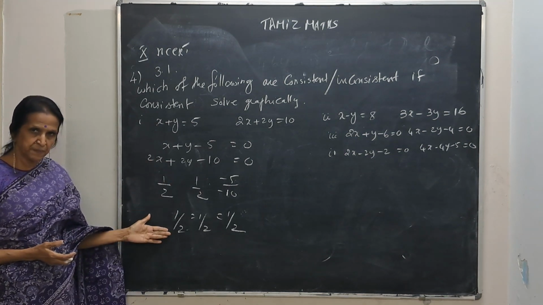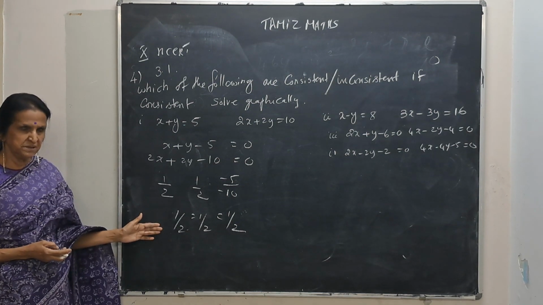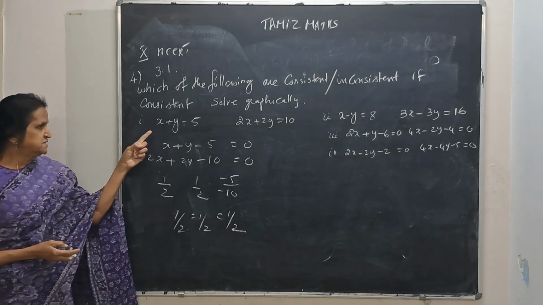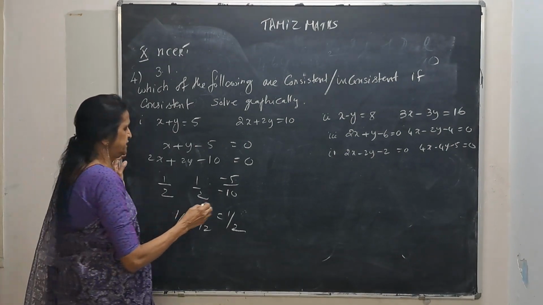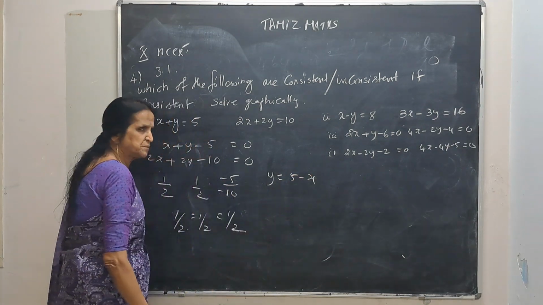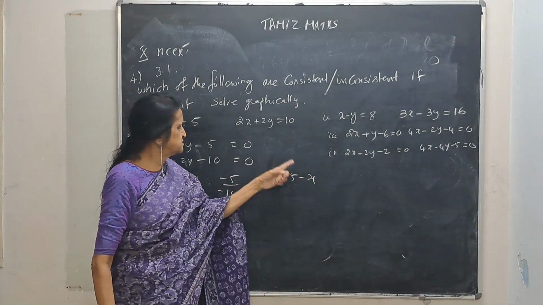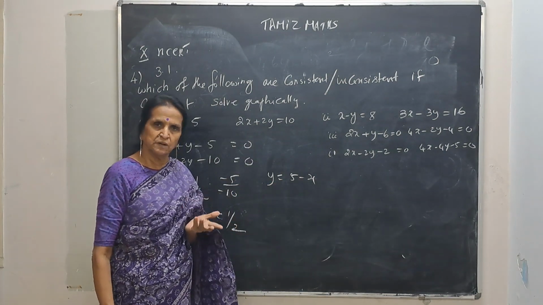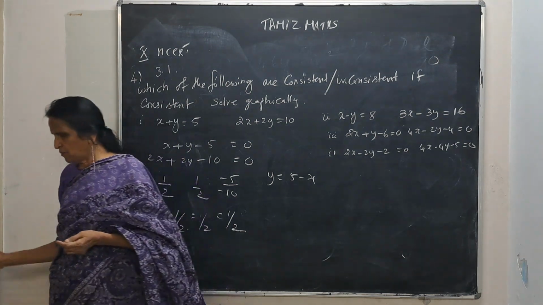Writing this: a1 by a2 equal to b1 by b2 equal to c1 by c2. And you can say if you draw the graph of this, they will be overlapping each other. Or you can say y is equal to 5 minus x. So this is how y should be. For any x, it will satisfy. I hope you understand. Next we go for